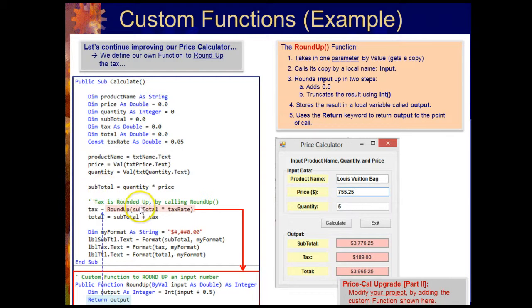So we said that this subtotal here is actually a local variable here, because the input is a local variable, and because it's by value, we're not changing the variable out here. Okay, and then we said this is a function, and the As Integer part we explained is going to